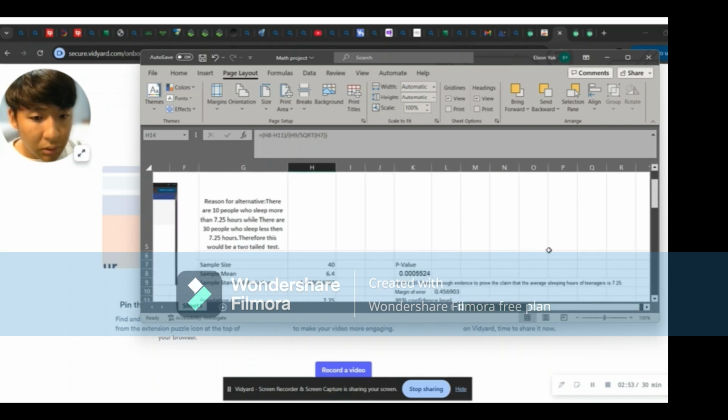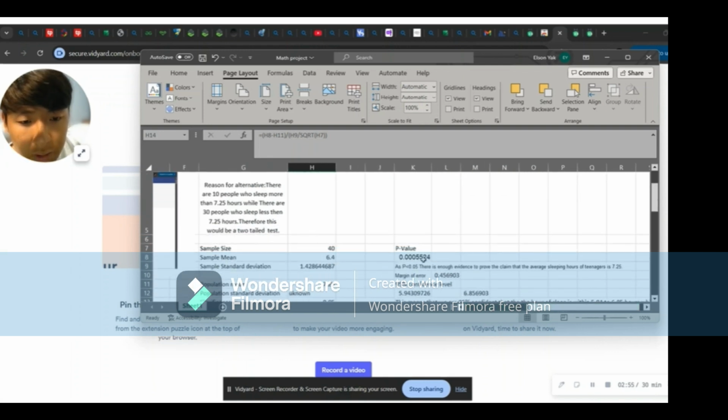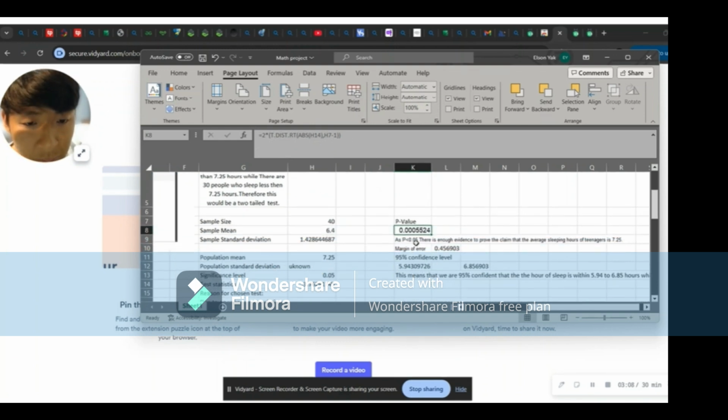So now I'll go over here. My p-value over here is 0.00055524. How I got it is using the t-distribution over here. As my p-value is less than 0.05, there's enough evidence to reject the claim that the average sleeping hours